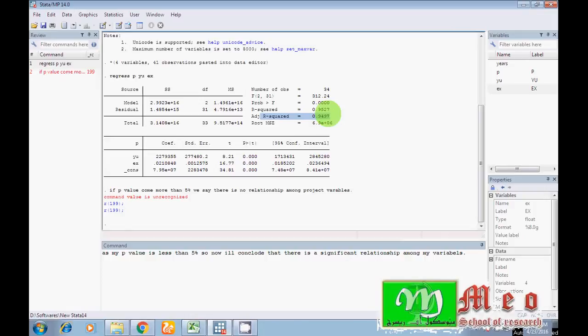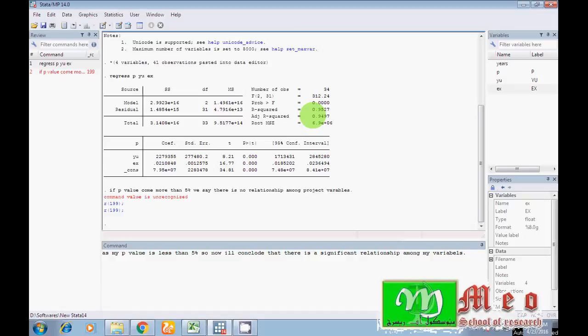Suppose I include these two variables, which are highly relevant to the dependent variable, and suppose I also add two further irrelevant independent variables. In this case you will see your R square will increase, while your adjusted R square will not increase, it may decrease. So adjusted R square is a true measurement of the effect of independent variables on the dependent variable.